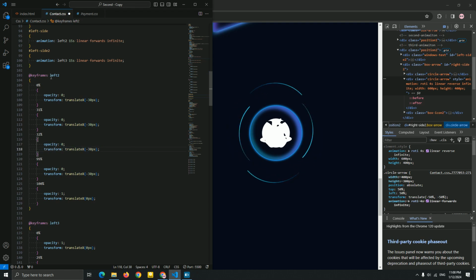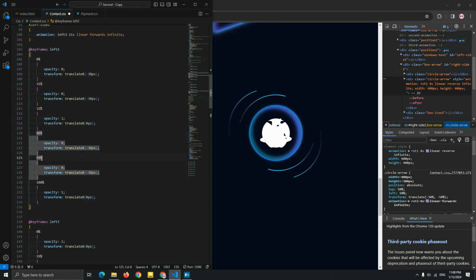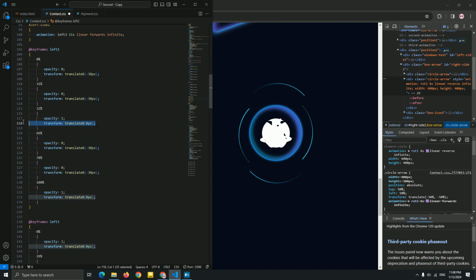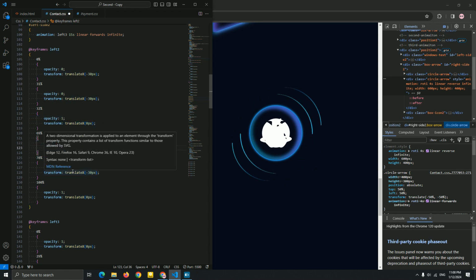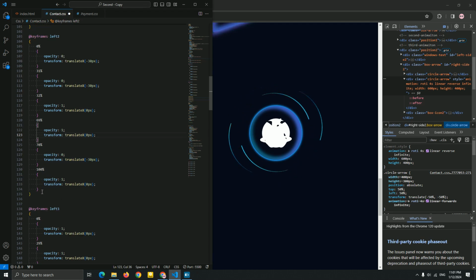Now at 32%, I want opacity 1. This is the second comment, which is opacity 0, guys. So I just hide it for now, but when the animation reaches 32%, I want opacity 1 to show the next comment, and I want this translateX to be 0 pixel to show it for the user. Just copy this. Let me add 70% and 69%, guys. So we need this. Just copy this, paste it, and now hide it at 70% until 100%.